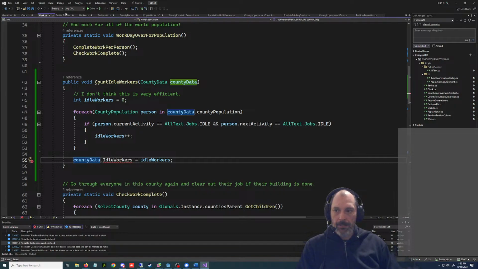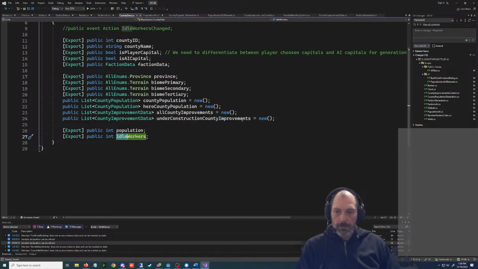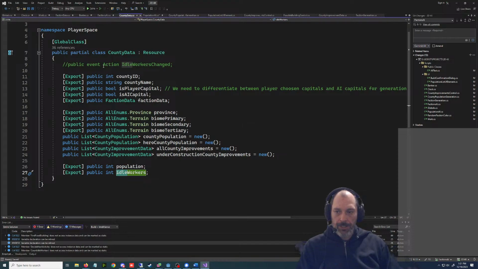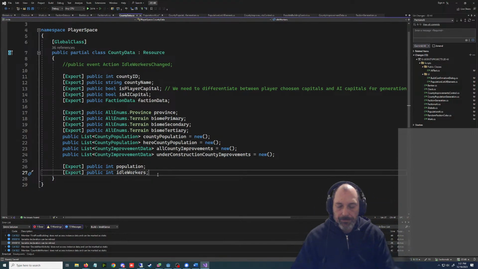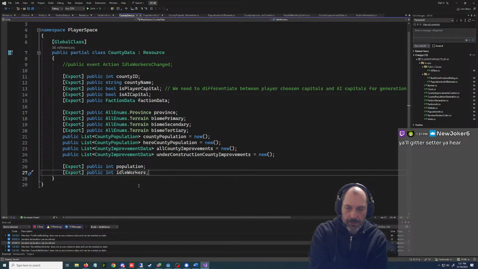So what I was doing in here was I had an event and a getter setter. And then when that changed, it would fire their event, which would update the county info panel. But that would get fired also. We'd have to subscribe with the county info panel, which isn't that big of a deal. I wonder if we could subscribe only when it's open. I bet you we can.